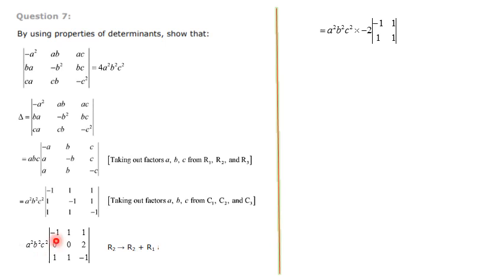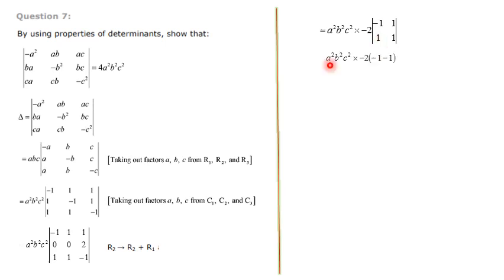Then first element 0, no need to check. Second element also 0, no need. Then the third element: this is the second row, third element, that is 2 plus 3, 5, the sign is minus, so minus 2 into, the row and column are gone, the balance is minus 1 1 1 1, it is written here, minus 1 1 1 1.